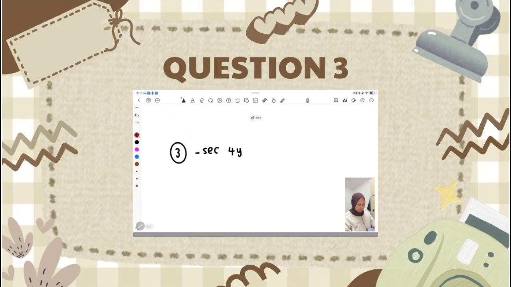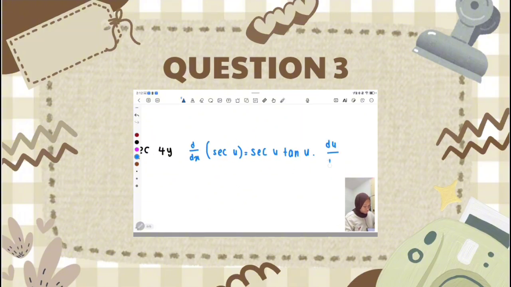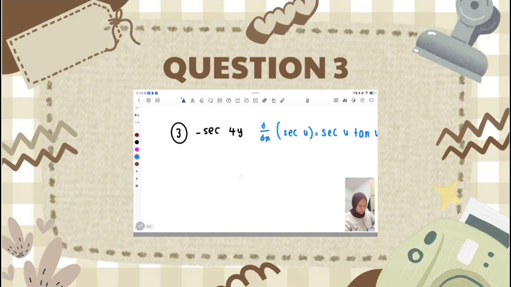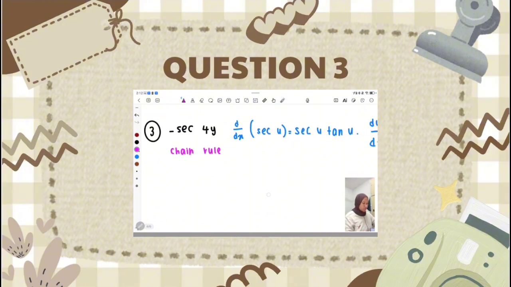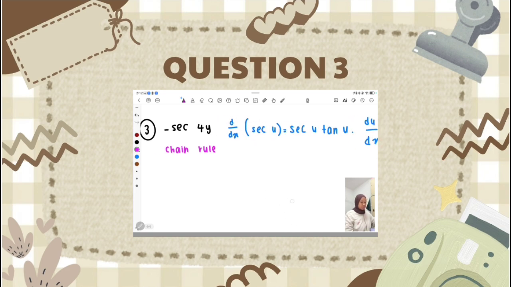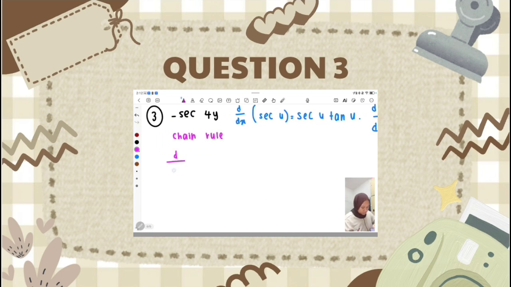And last one, we are going to do the next equation, which is negative sec 4y. Since we have secant in our equation, we will have to use this formula. Since we have 4y, we will use the chain rule method again. So I will substitute the equation into this formula. So we will get